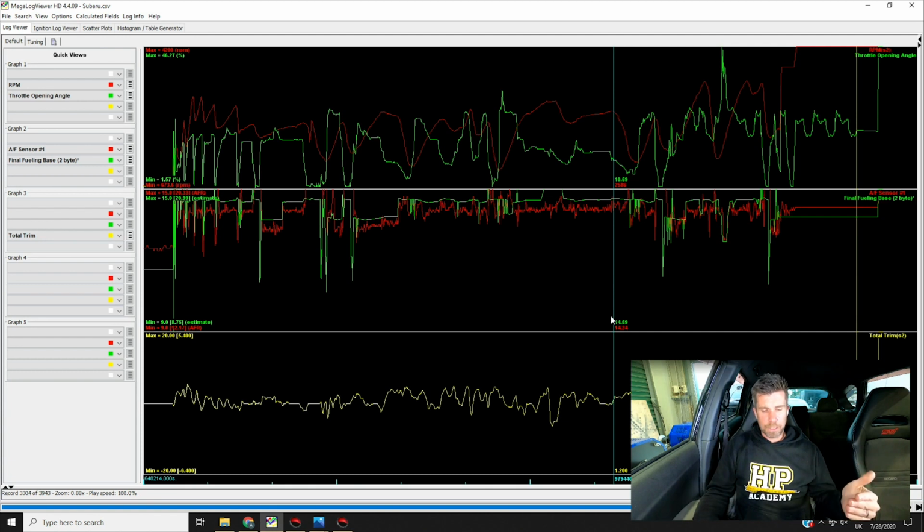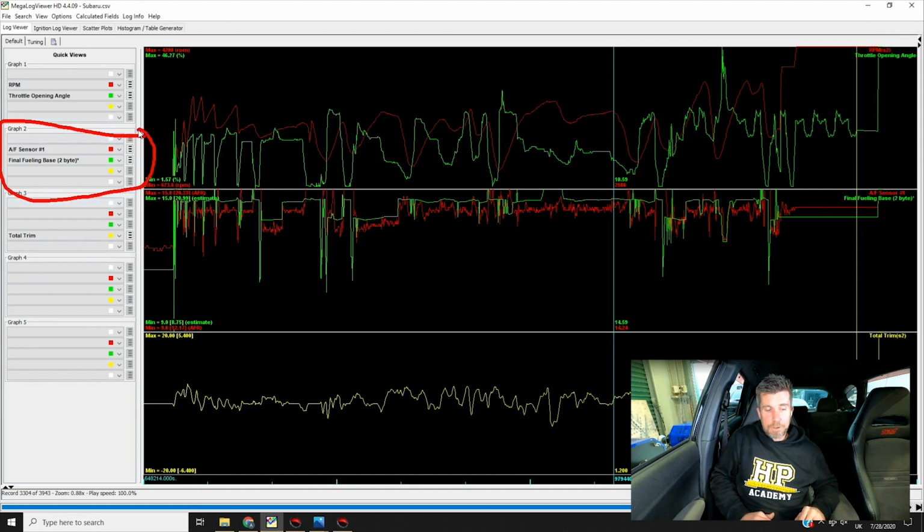Now we do need to be a little bit mindful here though, because if you are running in closed loop mode, there are going to be air fuel corrections in play. So generally, if everything's working well and the closed loop controller is working well, if you're just viewing wideband air fuel ratio data overlaid with our target, they essentially should be very similar. You can see in this case they're not, but take my word for it, they probably will be.